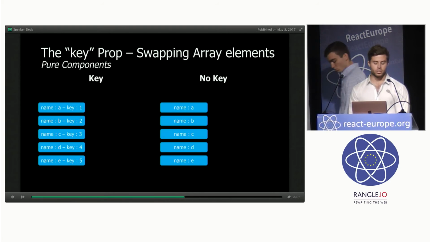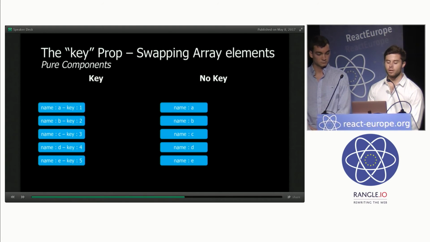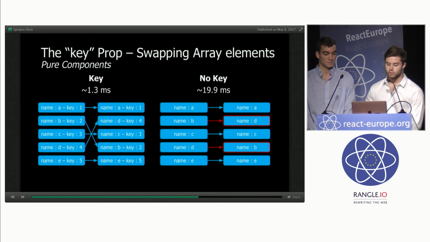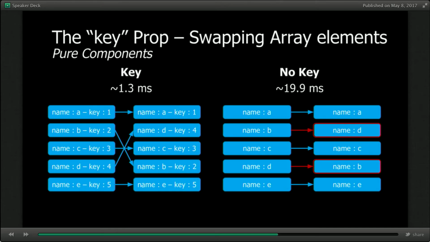All right. So now we're going to look at swapping elements in an array. This is another common interaction you'll see with array mutations in web applications. Again, we'll start with the pure components with the key on the left and the unkeyed on the right. So we'll swap the second and fourth elements here. So we see in our keyed example, we reconcile correctly. Due to pure components having consistent props before and after, we won't re-render anything, and the cost incurred is just during the reconciliation process. In the unkeyed example, we'll see that we correctly reconcile 3 out of the 5 components